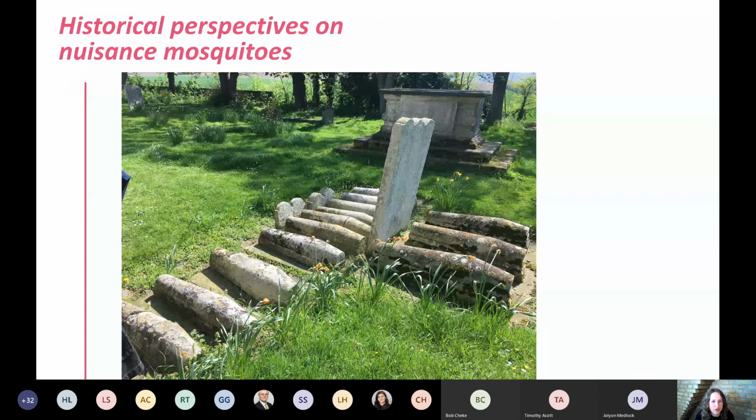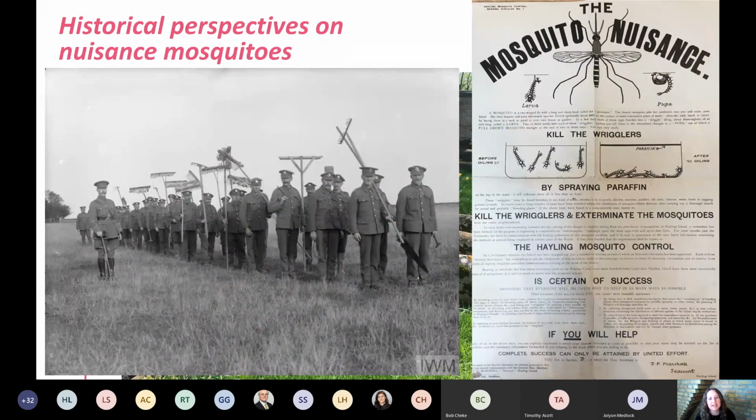And clearly we don't have malaria transmission in the UK anymore, and that's thanks to a number of factors, very few of which ever had anything to do with actual control of mosquitoes. It was much more related to improving general health, improving quality of housing and things like this. But it sets the tone for how later in the interwar years there was a real campaign against these nuisance mosquitoes. So we have this photo here from the first London Sanitary Company, who were probably Royal Engineers,